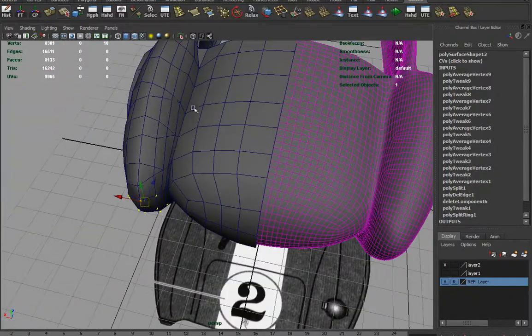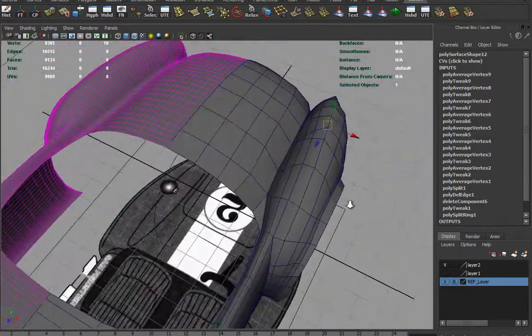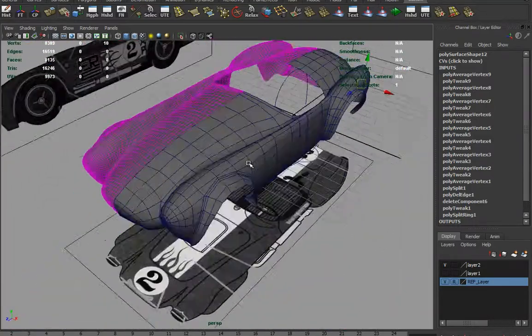Okay, and I've still got some stuff to clean up in here, but I'm just going to do some more